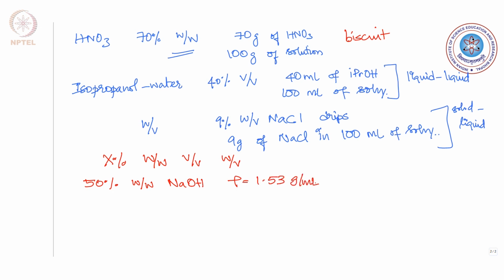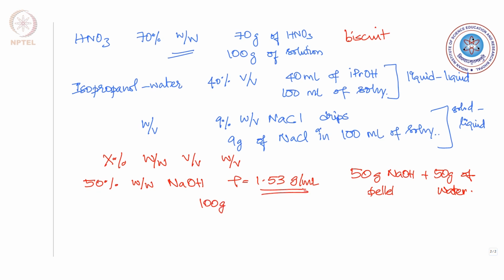So, now let us try to convert this 50% NaOH from weight by weight to weight by volume. As you are able to realize, in this case you have 50 grams of NaOH, which is a pellet. These are nice small pellets that you will see, plus 50 grams of water. In this case, what is going to end up happening is that you have 100 grams of solution, but remember